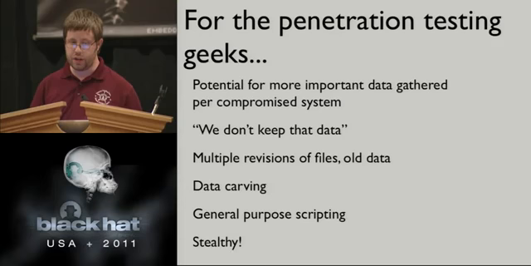So not only are we looking at the data that we can see if we're compromising a system, and we're in there with an interpreter shell and we can go look at all the files that are listed. That's one interface for looking at the file system. But there's other information on that disk. There are files that have been deleted. There are files that have been resized, and there's slack space that contains older data. There's potentially stuff out there in free space that nothing points to in the file system metadata. We want to be able to gather that stuff up, because chances are, if somebody thought it was interesting enough that they needed to delete it, maybe that's something we're interested in seeing.